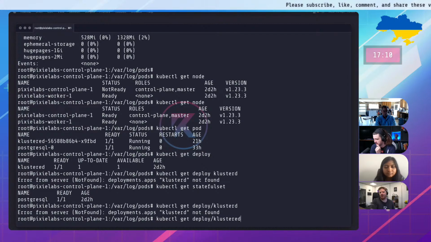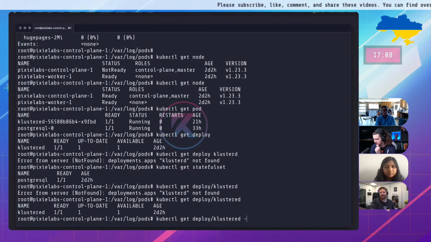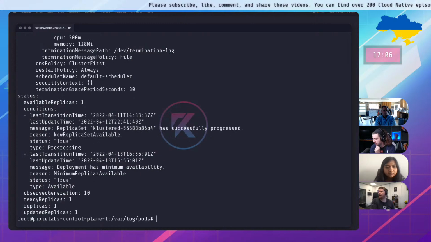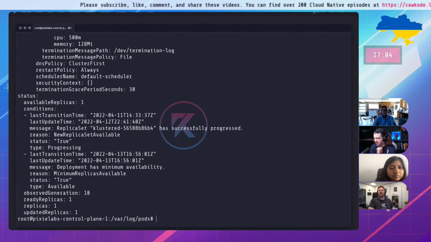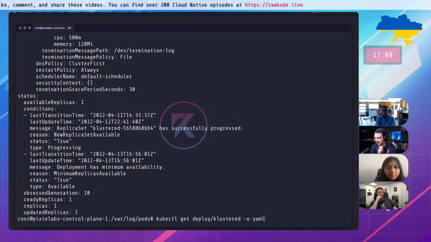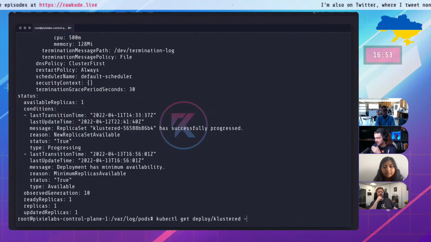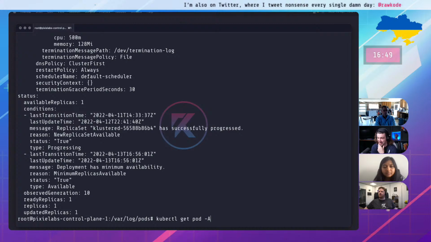Although people always call the show Cluster D. Maybe I should rename it. Can you also do a -A and see if they did something sneaky in a different namespace? Don't do get deployment, do get pods, or actually do get all -A, yeah.